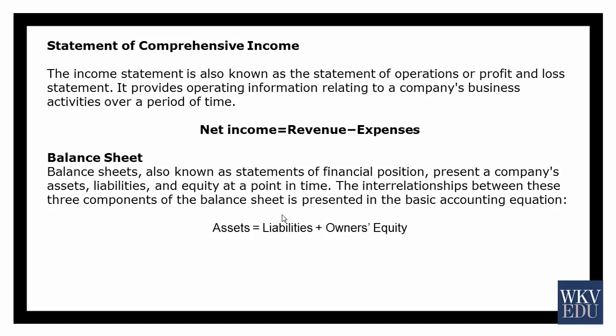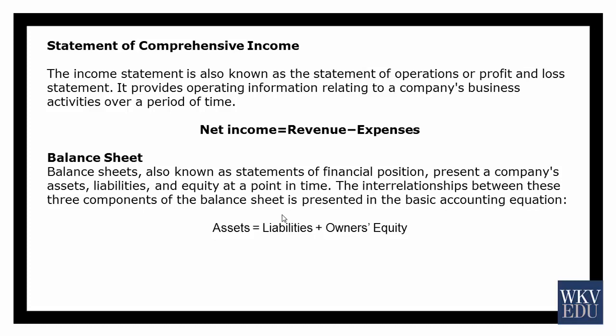The income statement is a simple statement, also known as the statement of financial performance. It provides operating information with respect to the company's business activities over a particular time period. Generally it's prepared for a year. The income statement presents the different sources of revenues by which the company has earned revenues, the sales, the other incomes, and then the corresponding costs: the raw material cost, the rent, the salary, the advertisement cost, the marketing cost, the sales and distribution costs. On a simplistic note, the difference between the revenue and expense is the net income